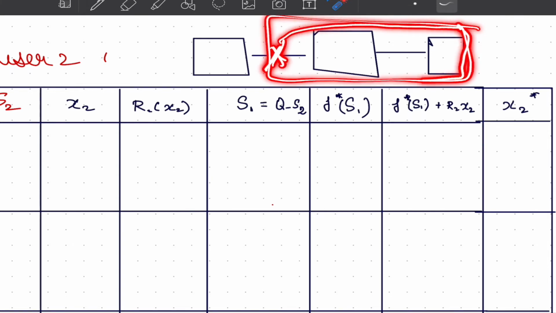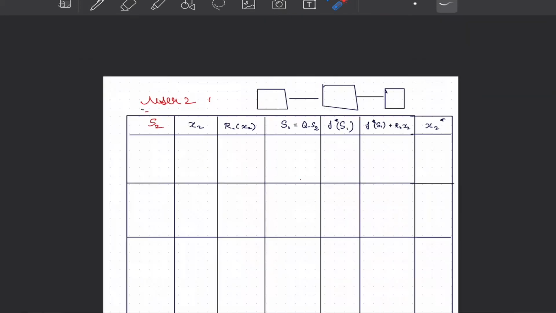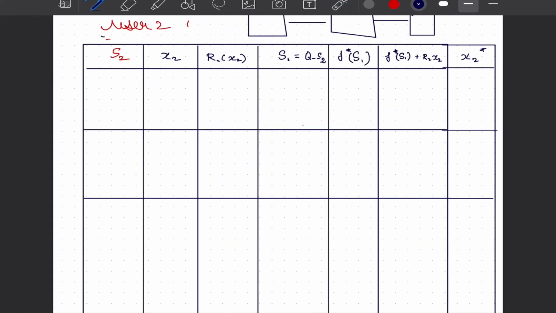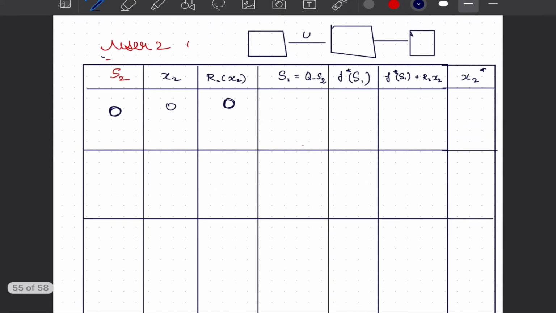Again, when we are talking about user 2, let us look into our block diagram. So we will have user 1 and user 2, and there is user 3. Again, applying Bellman's optimality principle, we would just focus on these two users: whatever is the state from here, we have to maximize the overall gains up to this point, because we do not care up to where we have reached. We will always look downstream and try to maximize our gains here. So at S2, we will again start our iterations with 0.